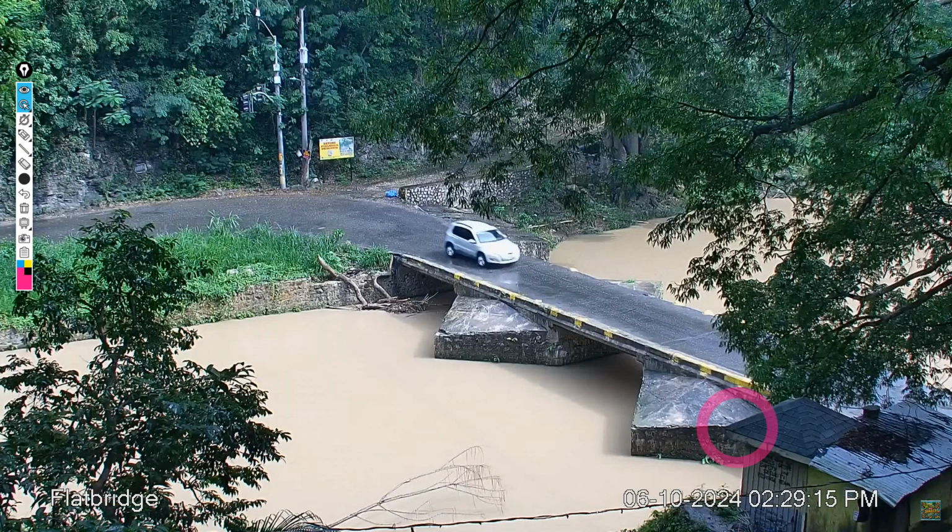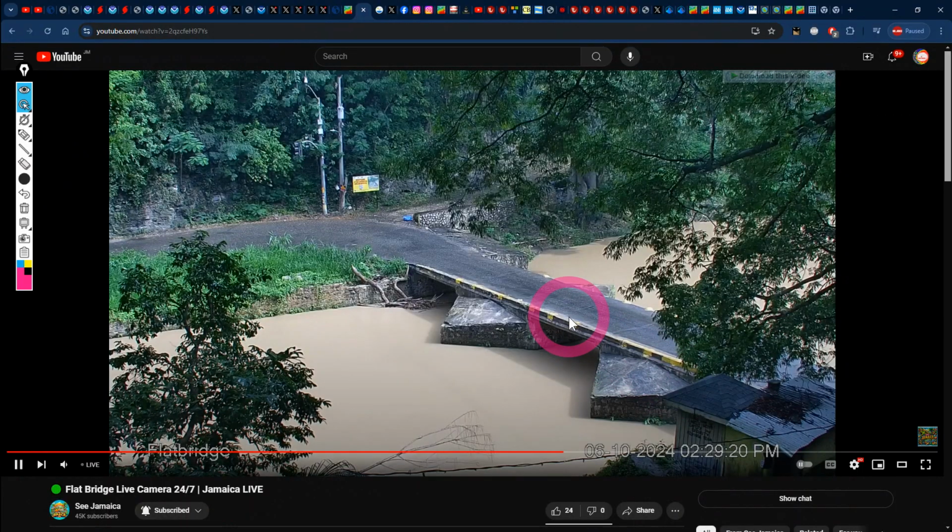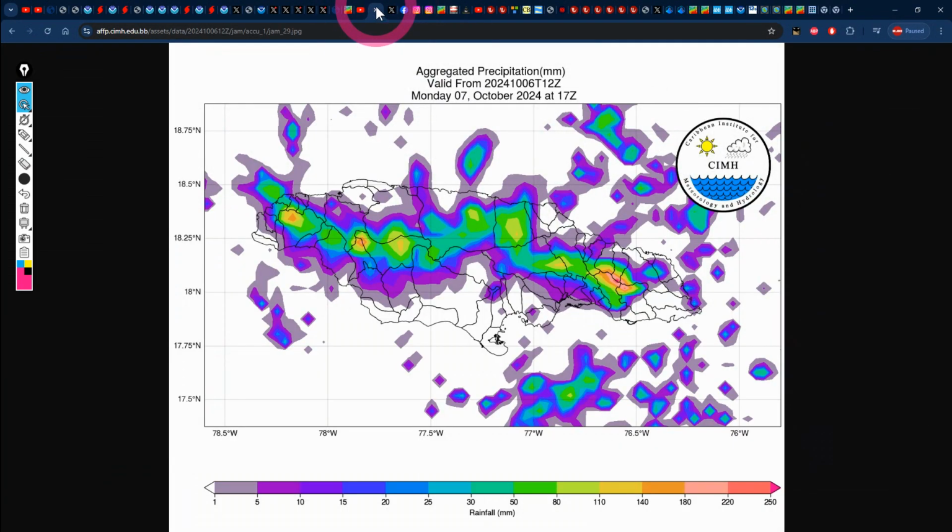Well, I guess it's glitching now, so we're not seeing that much, but we definitely had some rainfall at that time around 2:29 p.m. And if we take a look at the accumulated precipitation for the past 24 hours from the Caribbean Institute for Meteorology and Hydrology website, this map does indeed paint a picture of where we had that